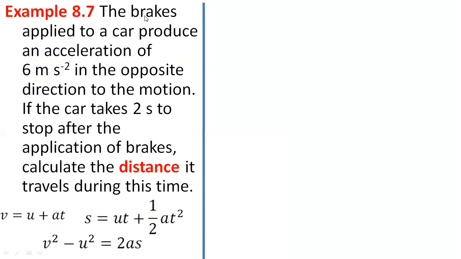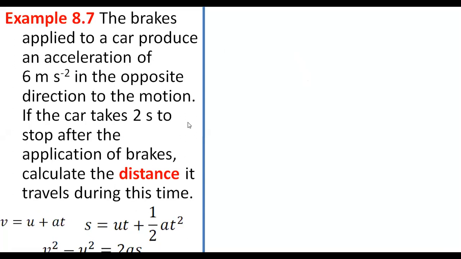So you have to focus on this. Brakes are applied. Brakes are applied means what? Whatever the value of acceleration they have given, what value they have given? 6. It has to be taken negative. Isko negative lena padega. Why? Because brakes are applied. So we have to take it in negative sense.